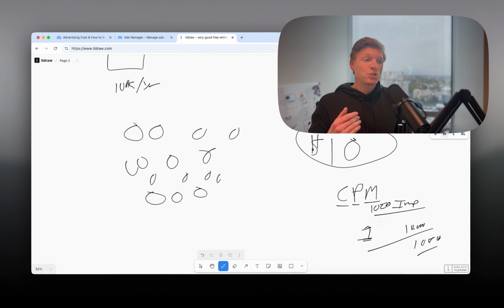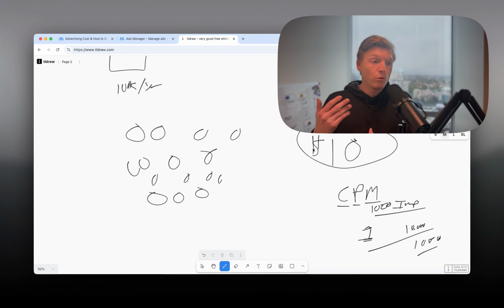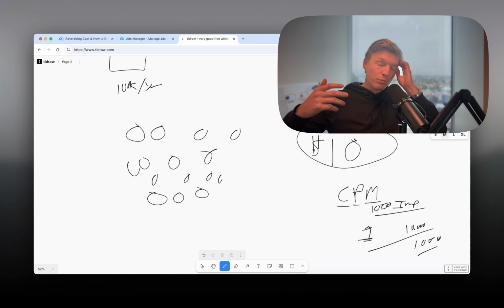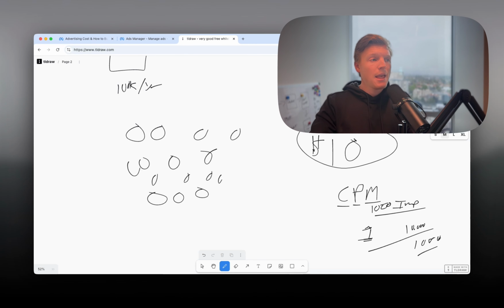Now, this is when you're setting the ad up to go based on views or reach. The other way is cost per click, which works really well for companies trying to drive purchases or leads. You can also do cost per lead, or what Facebook would call cost per result. And that's typically what most people will do.